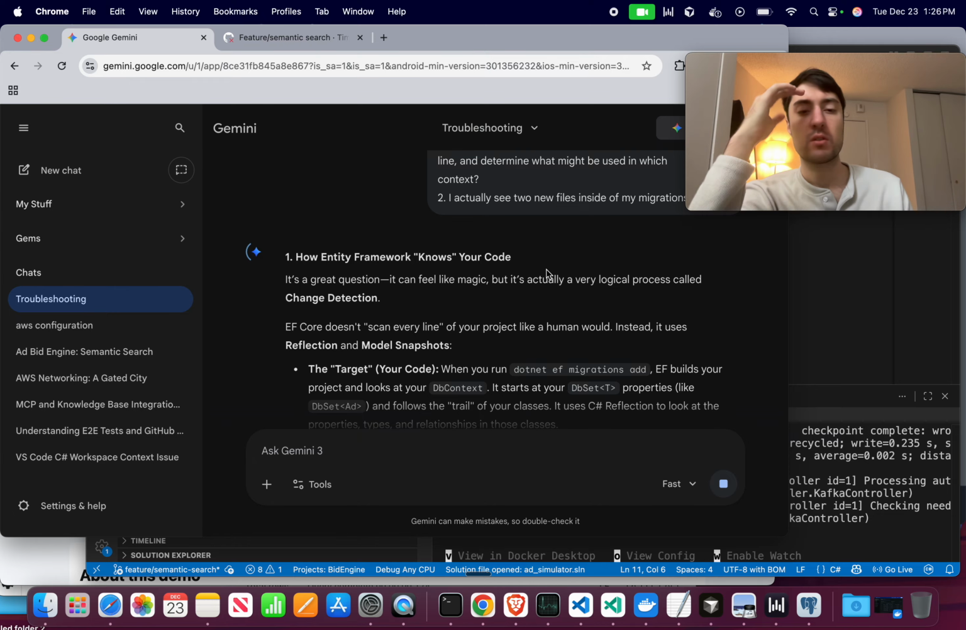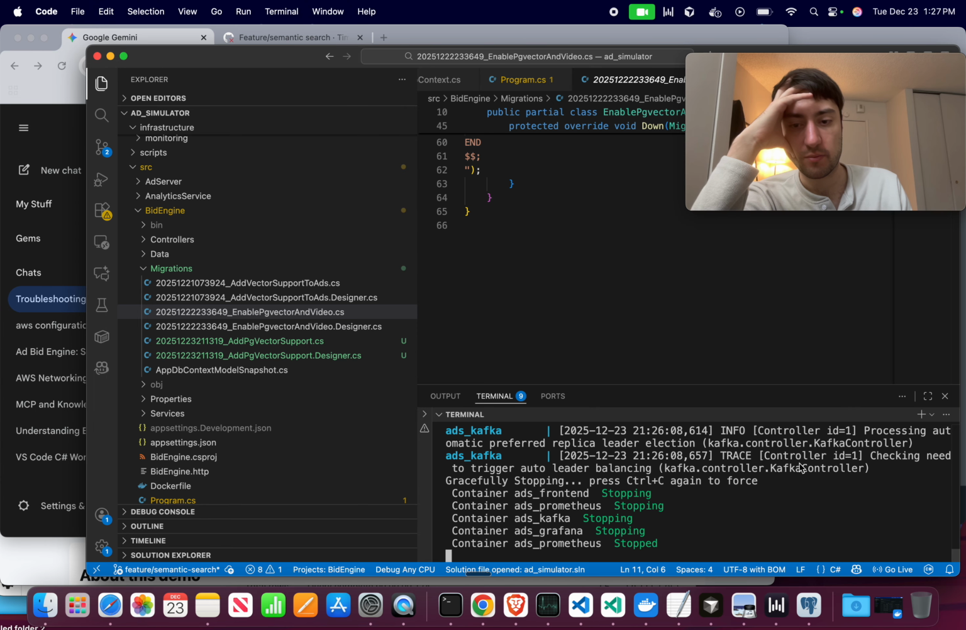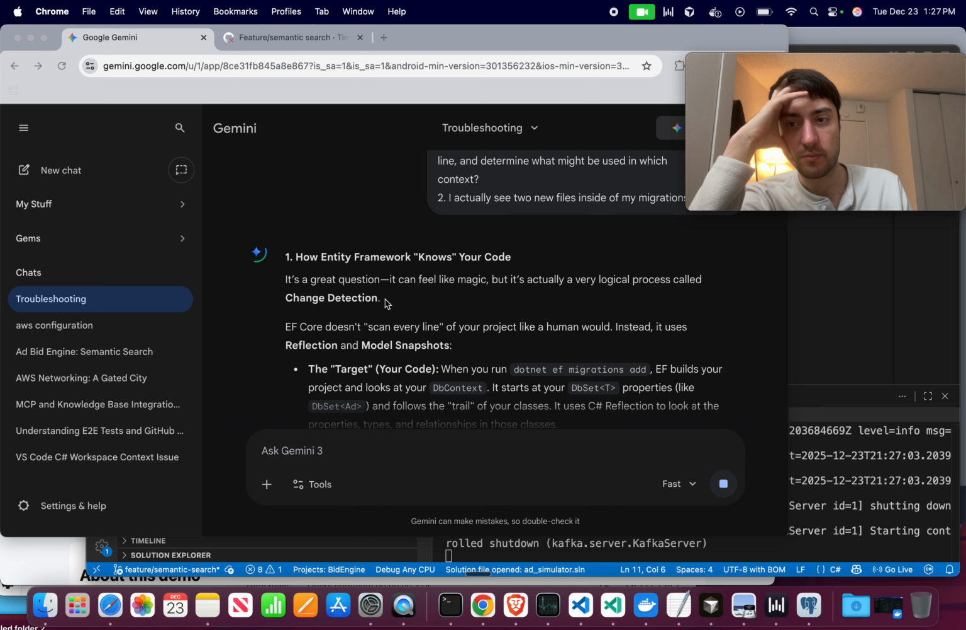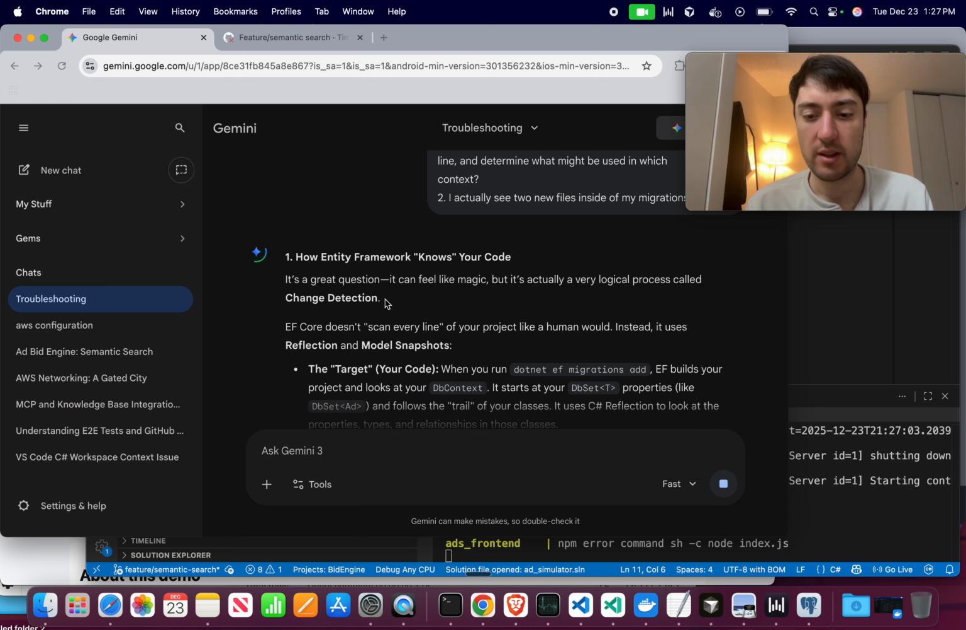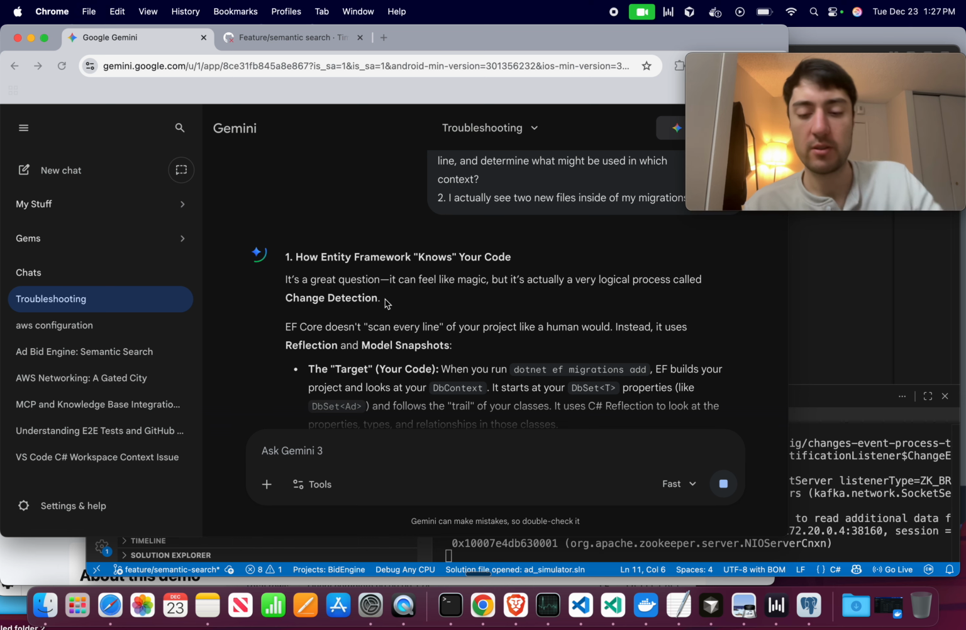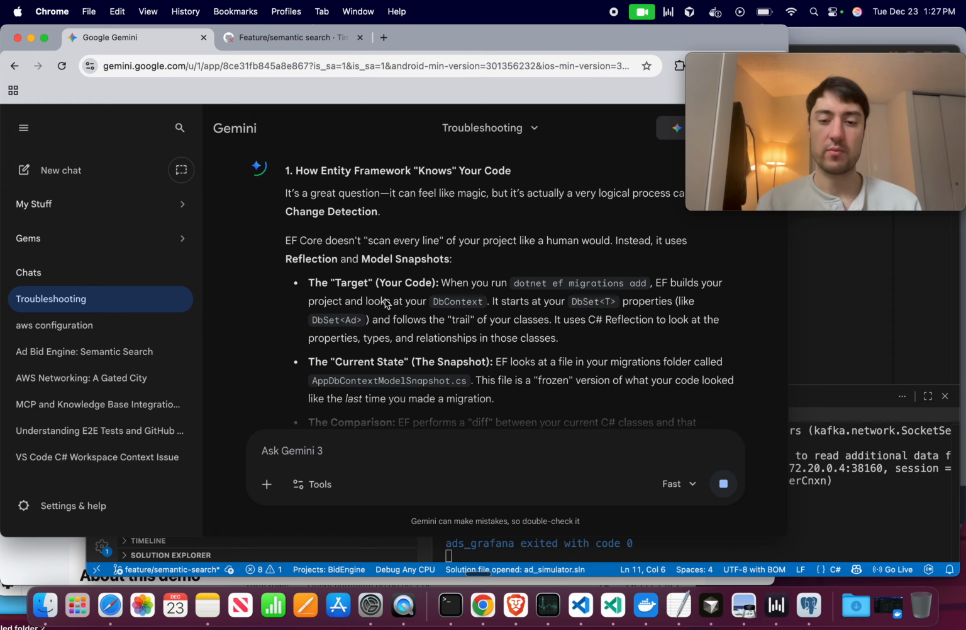Okay. So how does Entity Framework know? I think I need to stop this because it's taking up a lot of resources. Okay. All right. So while that is doing its thing, everything is frozen. Okay, so